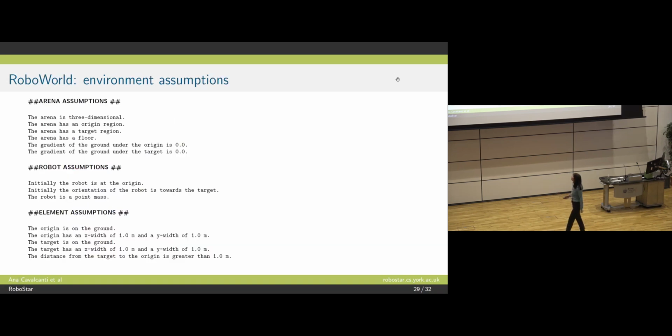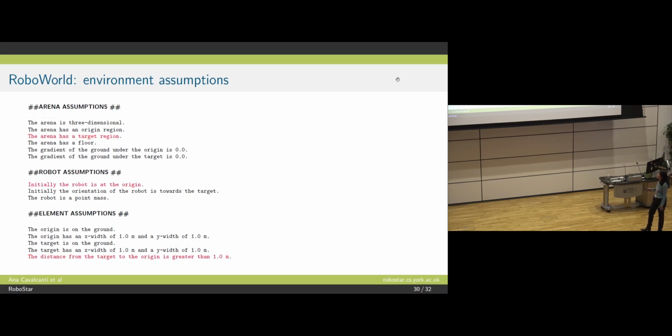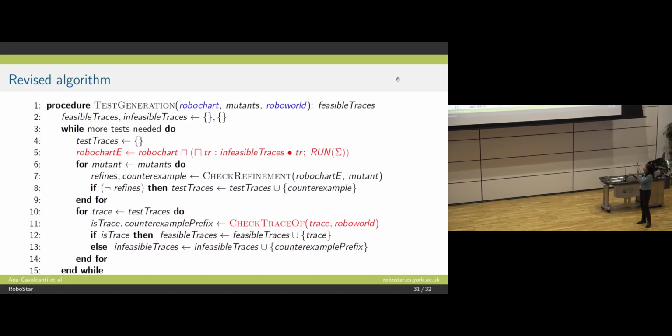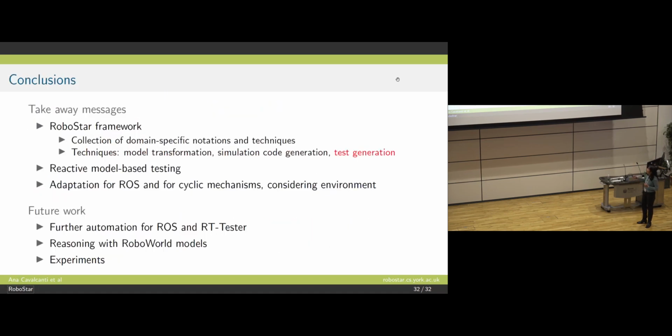So RoboStar has another notation called RoboWorld that allows you to write environment assumptions. We have assumptions about the arena, about the robot, and other elements. We're using a language that looks like English, but it's mathematics; there is mathematics behind it. We can say the arena has a target region. Initially, the robot is at the origin. The distance from the target to the origin is greater than 1 meter. With the mathematics behind it, we are able to devise an algorithm that just says,